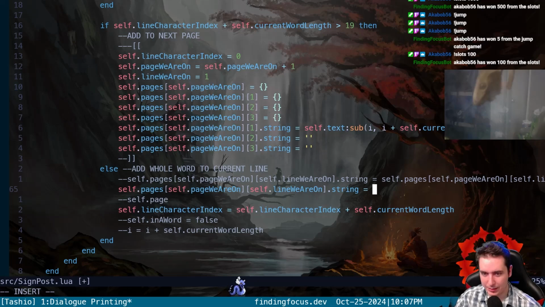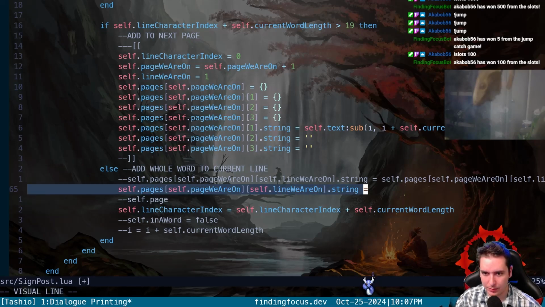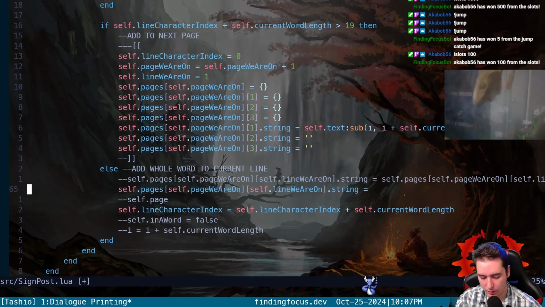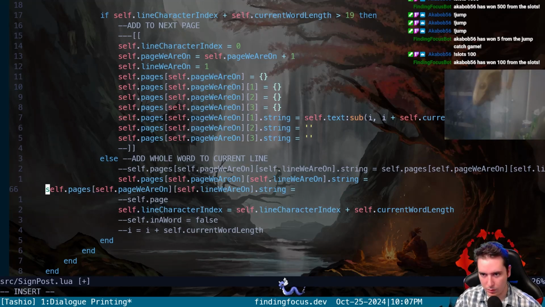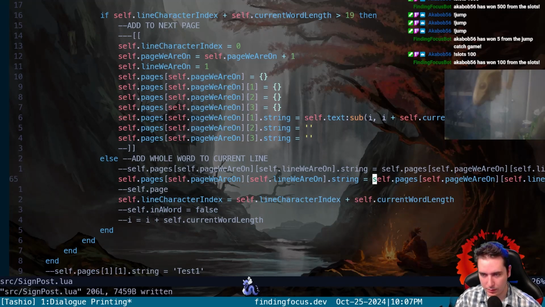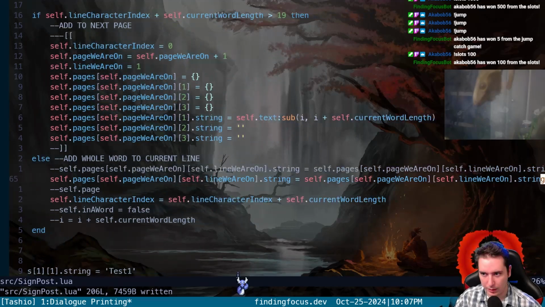Now I'm going to say that this is now the string we have. We need to add the whole word. So we can append to the current string the whole word we just got. So we say we get ourselves concatenated with,